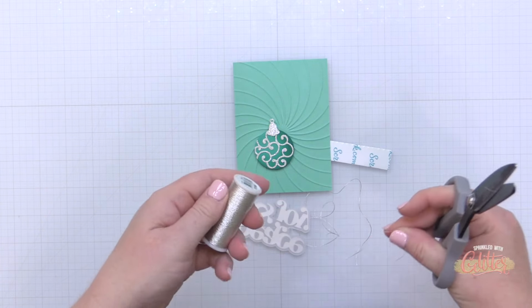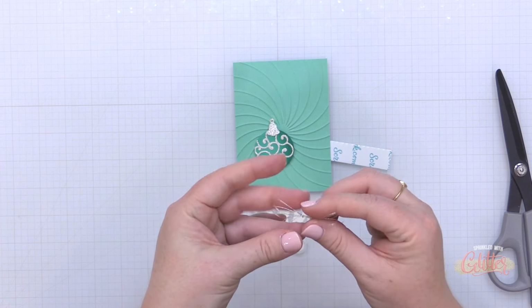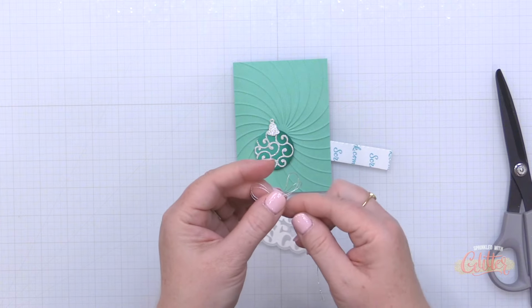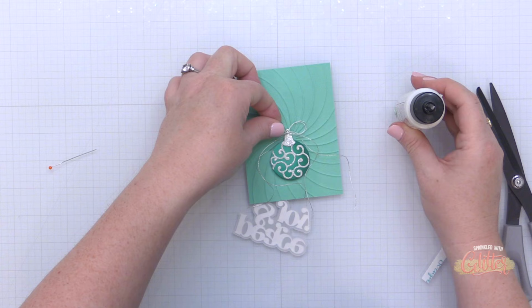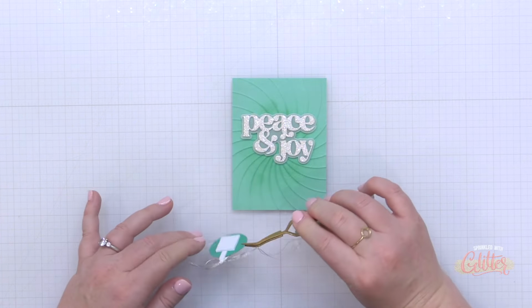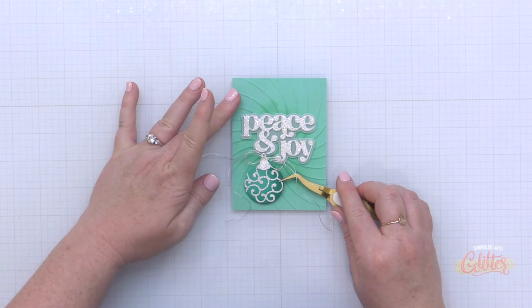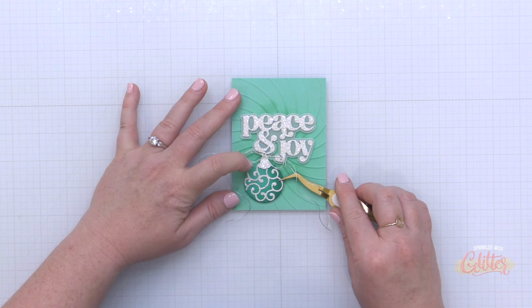This brings me to the 6th way to dress up a die cut, and that's to use some twine, metallic thread, or string to add some bows or little embellishments to the top of your die cut, and that's exactly what I'm doing with this ornament here. I've used the DMC Diamant Grande silver thread here to create a double layer bow to place on top of my ornament. Once I tied that, I adhered it to the top of my ornament using some liquid glue, and